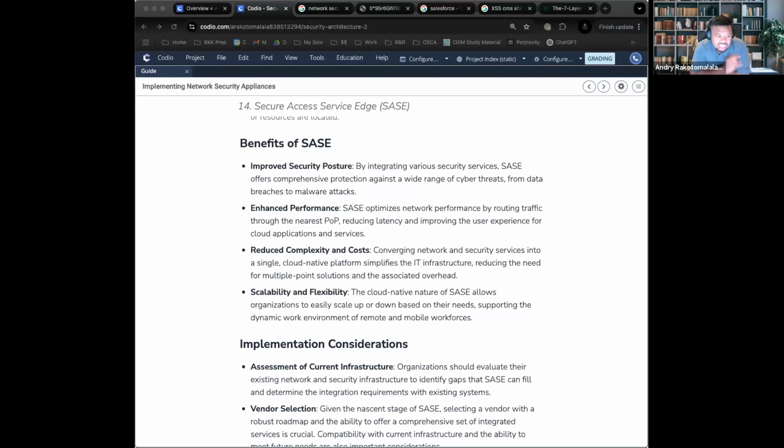And last but not least, these SASE tools, being somewhat recent, tend to be future ready, meaning that they can scale. What I mean by scale is a lot of employees are looking to work remotely. So that allows them to do that. Not just that, but it's easily installable. So if you work in an organization where you can bring your own computer, well, then it's easily installable onto that.